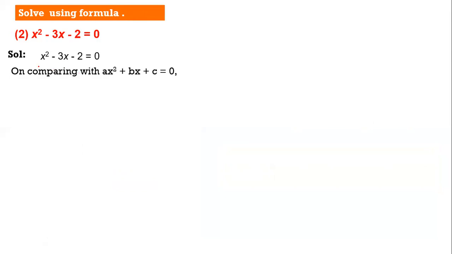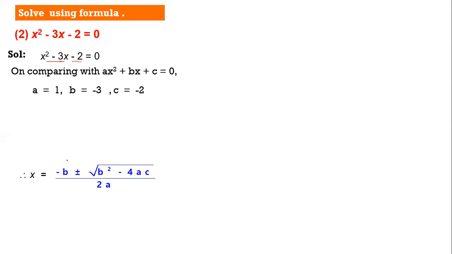So once again, we know first we need to put it in the standard form, x square, x, constant equal to 0. Great. Comparing it with the standard form, a would be 1, b would be, if you see carefully, if you follow the underlined number, it is minus 3, and c would be minus 2. Great. Now as always, the formula is minus b plus minus root of b square minus 4ac the whole upon 2a. So b square minus 4ac, b square would be minus 3 square, minus 4, a would be 1 and c would be minus 2. Minus 3 square is 9. Now carefully students, here minus minus becomes plus. 4 into 1 is 4, into 2 is 8. 9 plus 8 is 17.